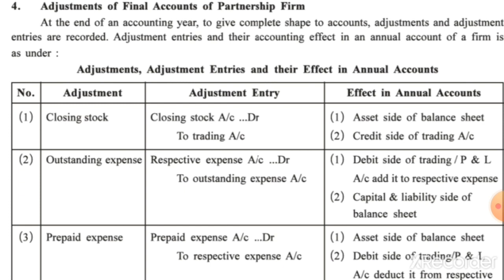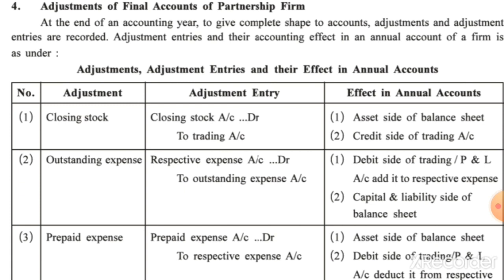In the last video lecture, I had explained the specimen of various accounts of final accounts of partnership, that is trading account, P&L account, P&L appropriation account, partners capital account, partners current account and balance sheet. Now, after understanding the specimen of various accounts and balance sheet for the preparation of final accounts of partnership firm, let us understand what adjustment effect would be given to you in the question at the end of the trial balance.